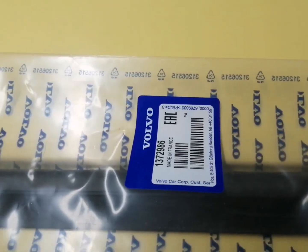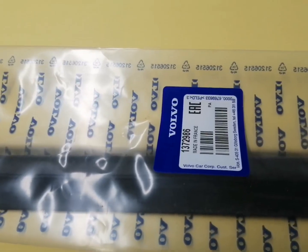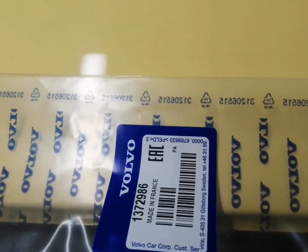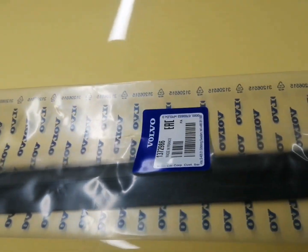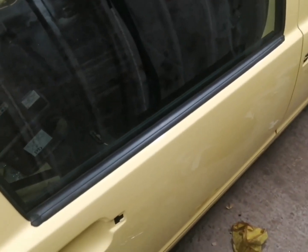So here's the new outer window scraper, which we've got part number 1372986. This is for the rear doors. So let's go ahead and get this one on. Here we are, guys. So this is the new window scraper for the outside of the rear door, all connected up. Next thing we need to do, guys,